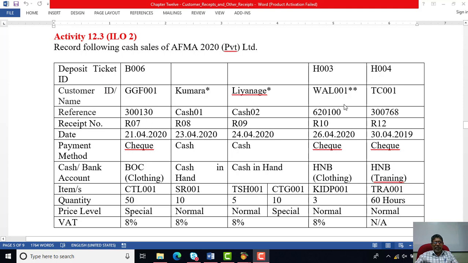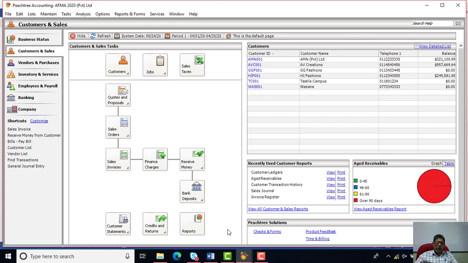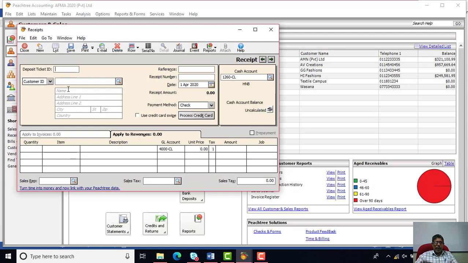Here is the sum of the activities which was given for you to record as cash sales to the customers for your own business organization. So to look at how to record that, we will go back to our package, and if you are in the customer sales module, then you can go to the receive money option and click the receive money button, and then click the receive money from customers,